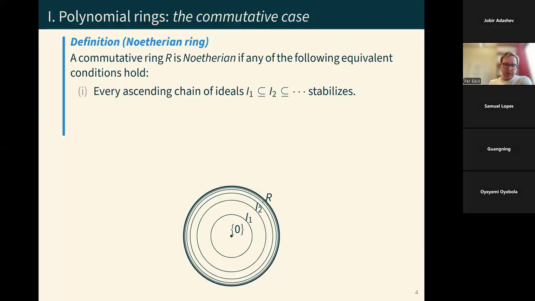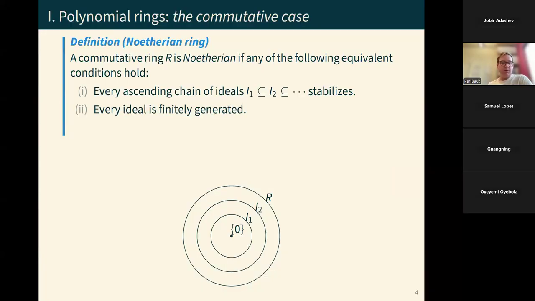All these rings are ideals. I mean, ideals are also rings, so it makes sense. And if the ring is not Noetherian, you have this infinite chain of ideals. If you have something which is Noetherian, this chain should eventually stabilize. So you should have something much nicer, at least pictorially. The other condition, which is equivalent to this first one, is that all of these ideals should be finitely generated. So you should be able to find a finite set which generates these ideals. And there should also be a maximal element in every non-empty set of these ideals.